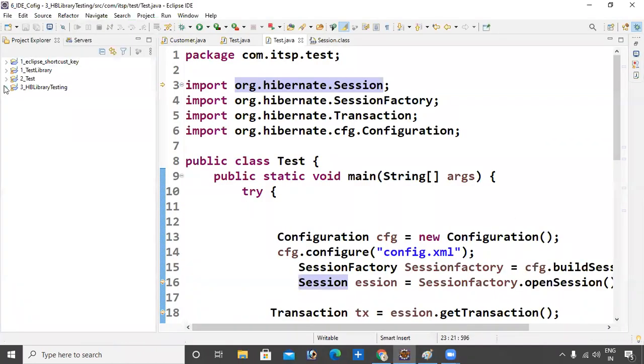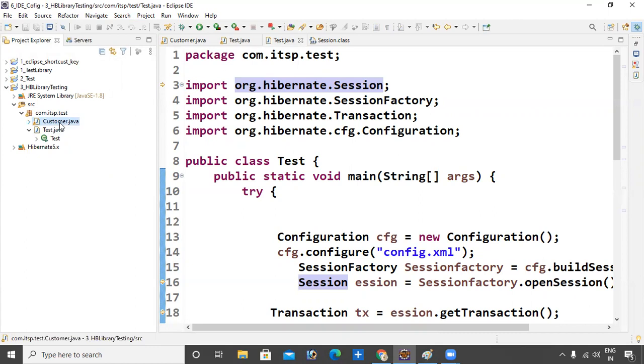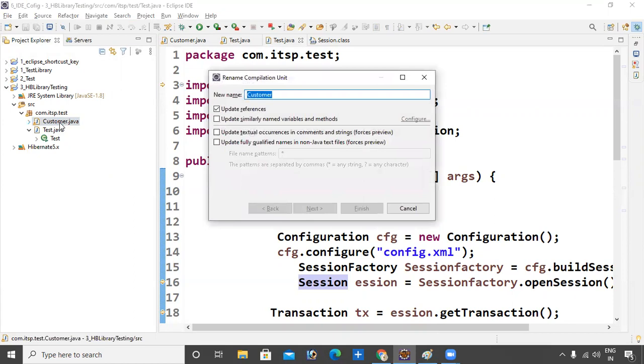Okay, so I will show you. I want to select one element. I want to change the Customer class name, so I select it and press Alt Shift R, and I want to change Customer to Employee, EMP. Okay, finish.